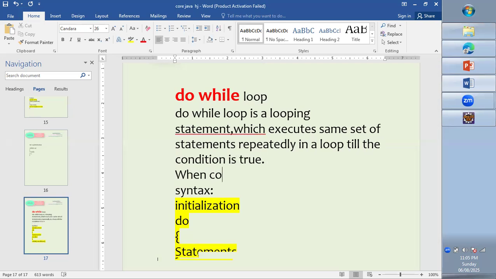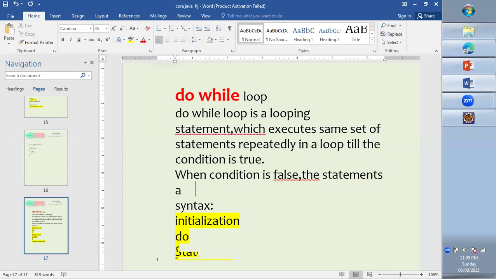When condition is false, the statements are executed only once,